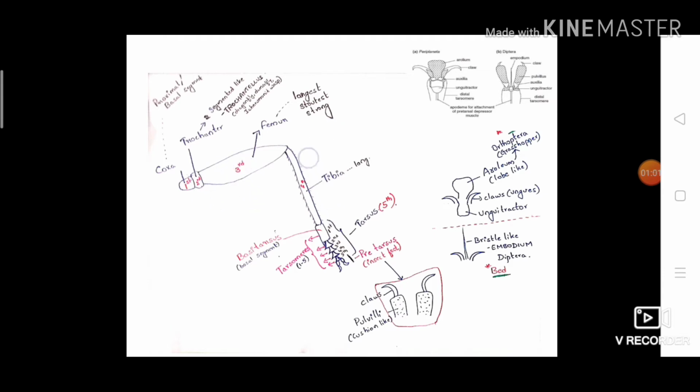And the fourth segment is called the tibia, and this is the long structure of the leg. On its ventral surface it bears spines, and at the apex of the tibia spurs are present, which are useful for gripping against the substratum. And the fifth segment is called the tarsus.